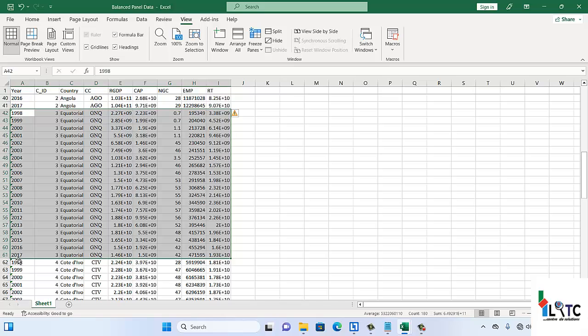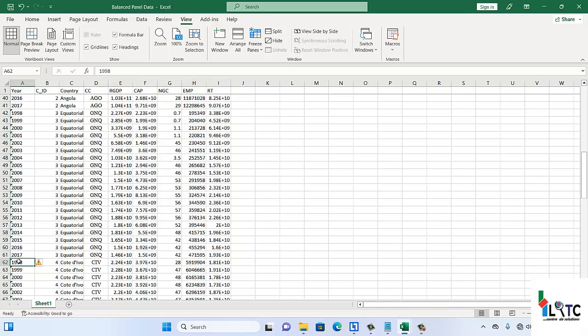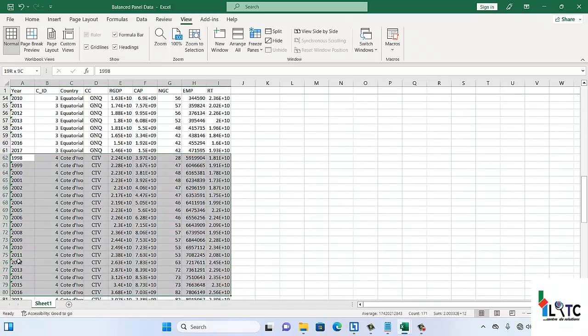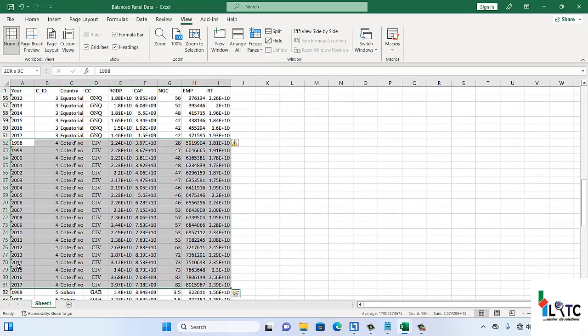So once you have copied and pasted from the database to your data file, then you move to the fourth country. The fourth country here is Côte d'Ivoire, and you can see the years 1998 to 2017. The cross-sectional ID has changed to 4. This is because Côte d'Ivoire is the fourth country in this particular file. Also, the country code has changed for